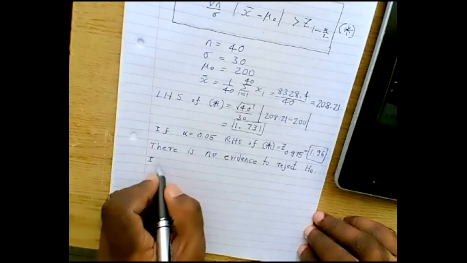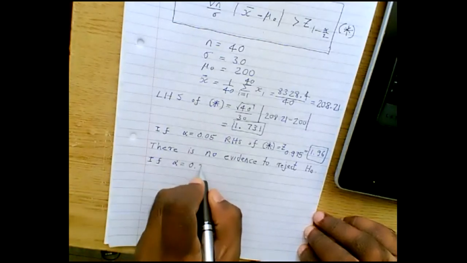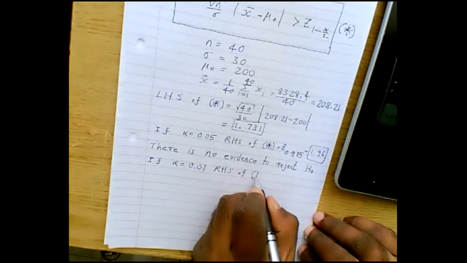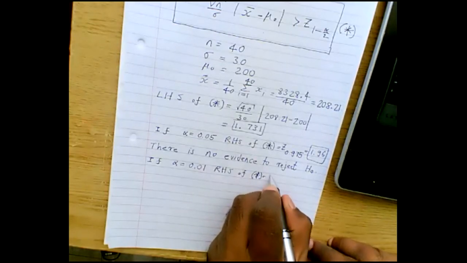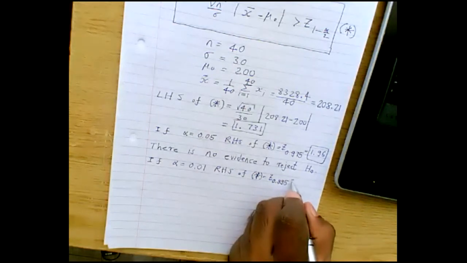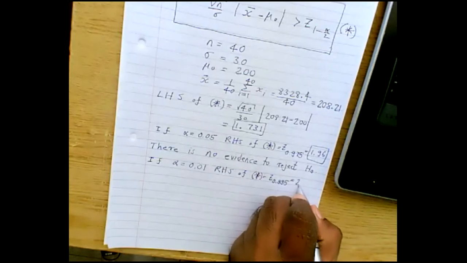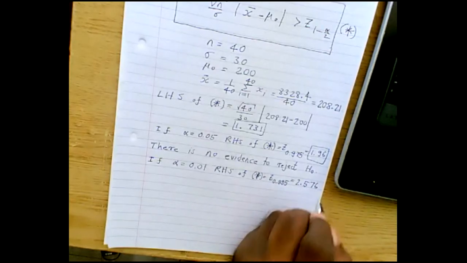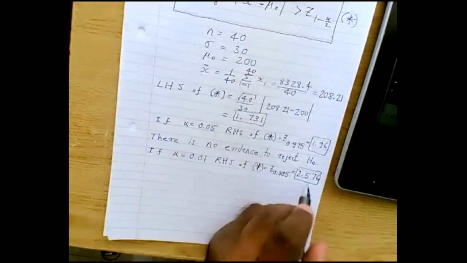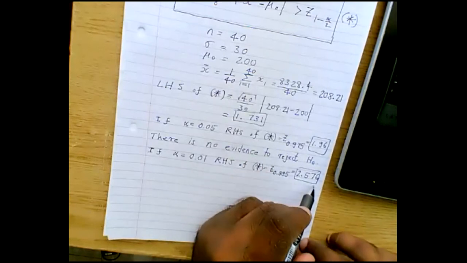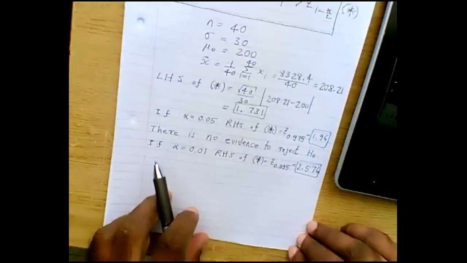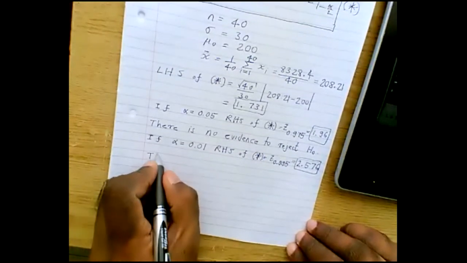Now let's consider the case where alpha is 0.01. In this case, the right-hand side of star will be equal to Z 0.995, right? And if you read this off the table, this will be 2.576, right? And if you compare 1.731 with 2.576, once again, you see that this is not greater than this, right? Hence, the conclusion is the same. That is, there is